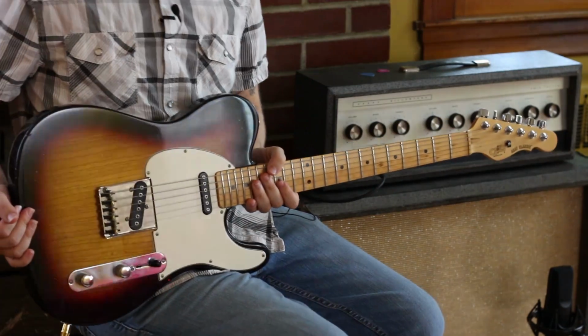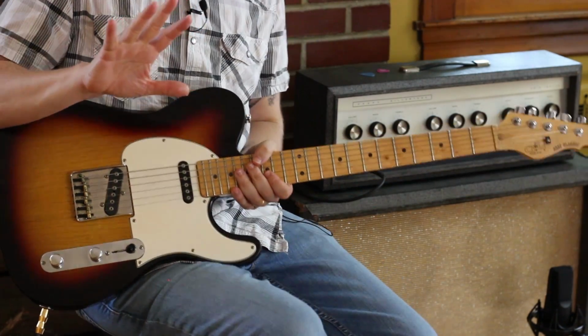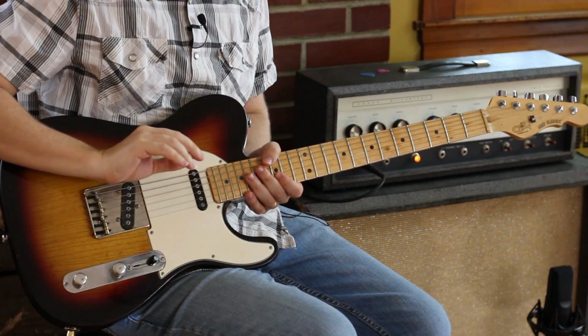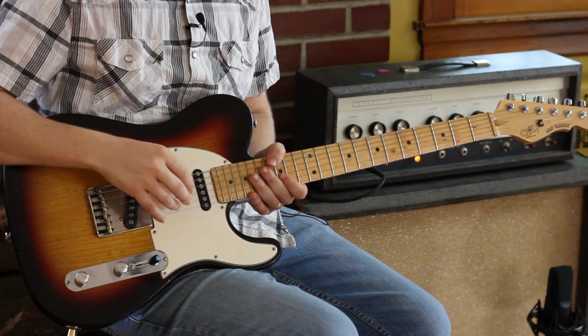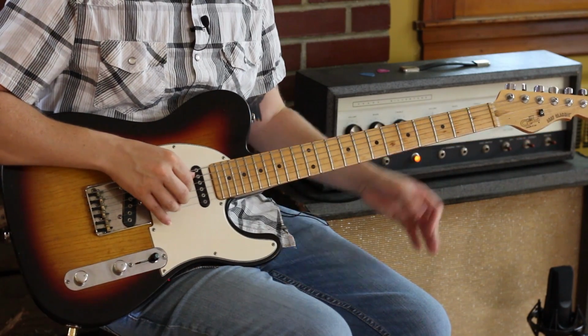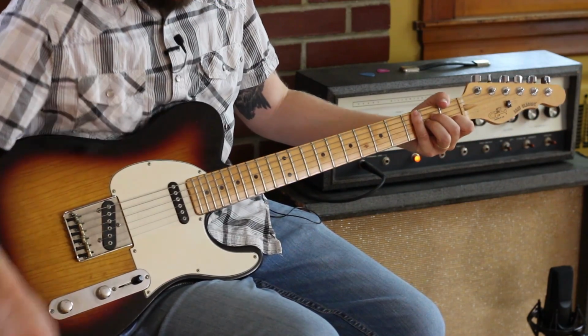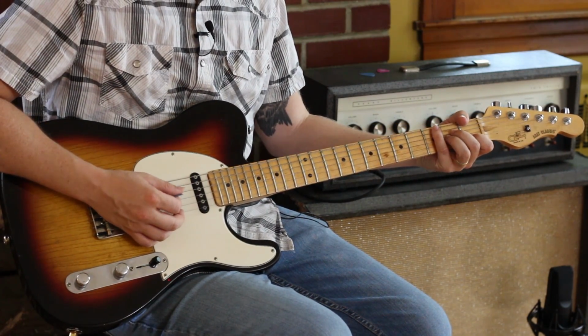So this lesson is kind of the return of this right hand technique that I first noticed from trying to transcribe Ry Cooder stuff. I have a video about it. You may have seen it, you may not. Let's review this idea. I'm going to be holding an A minor chord. The idea is, instead of just regular Carter style strumming,